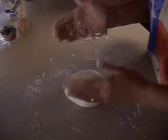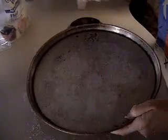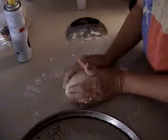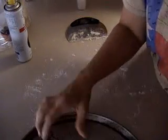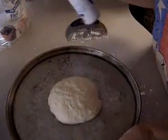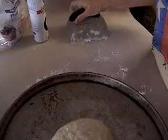That feels really good. Okay, now once it's at this point, you get a pan. You can tell it's very well used. We do a lot of pizza around here. Pick your dough up, just plop it right in the middle of it. Then, with the non-stick spray, just spray some on it, and